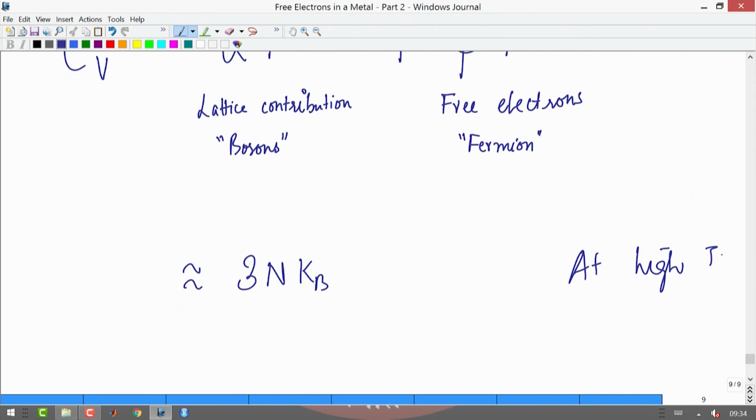Where I am going to assume that high temperature would mean this T becomes much larger than the Fermi temperature, or even before that. So, this ends the discussion of the free electrons in a metal, and we will discuss the correspondence between the classical statistical mechanics and